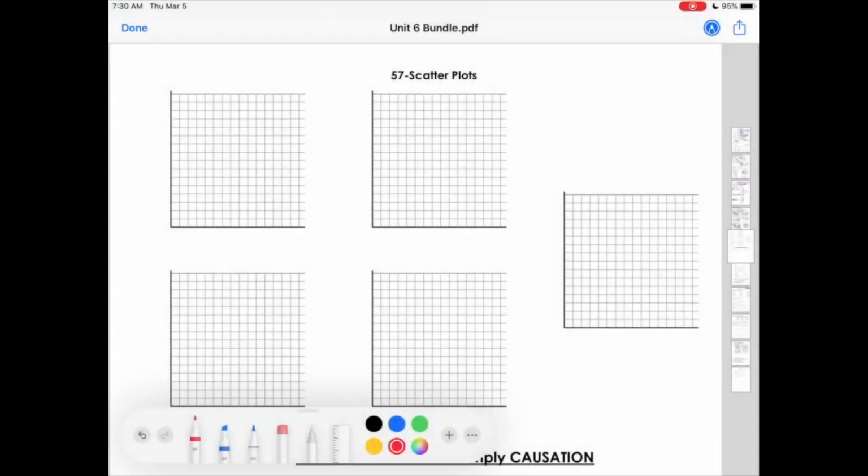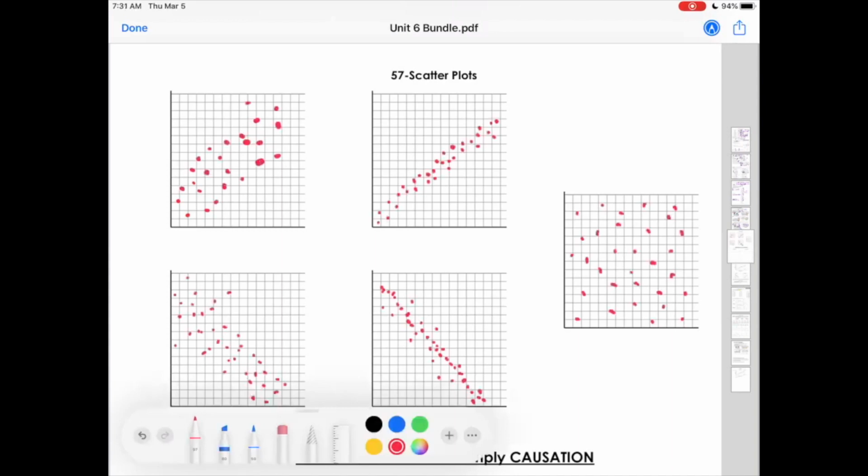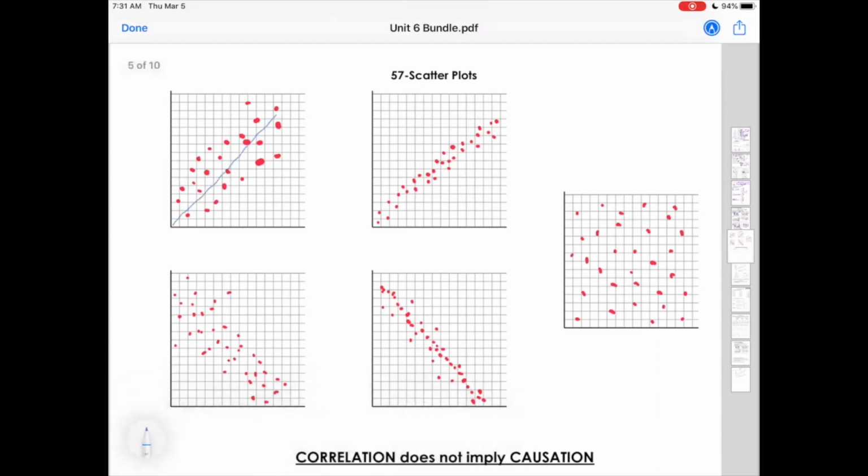So go ahead and put these points on the scatter plot. When I look at these, I notice that the top two, they're both going up, like a straight line, a linear function with a positive slope. Okay? So this is our x-axis, our y-axis, x-axis, y-axis. Okay? So these are what we have: positive